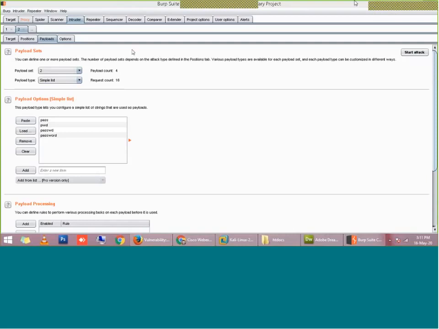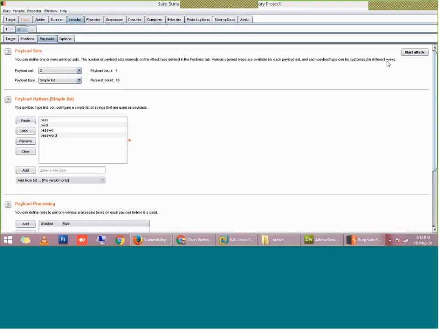Next, I selected the attack type, which was the cluster bomb attack, and then inside the payload option I am giving the different payloads. In the hacking world, payload is known as the injected code. Whatever code or text is used for performing the attack is counted as payload. It is a very common term in this hacking area. So payload means you are giving some unwanted text or a script or any set of characters using which you are going to hack something. I have given two types of payload: first for username and second for password.